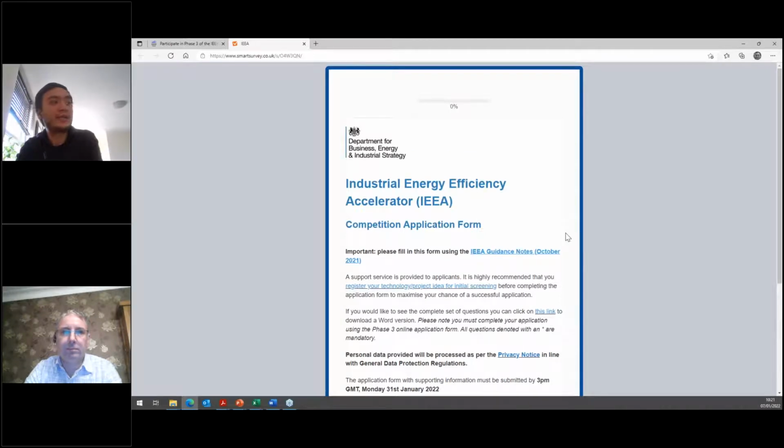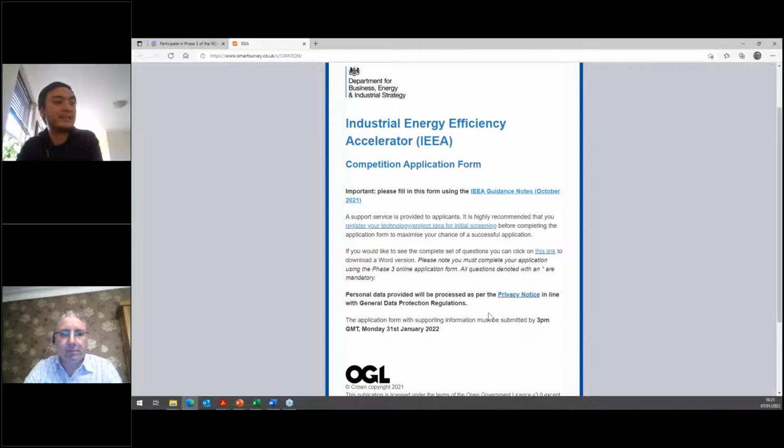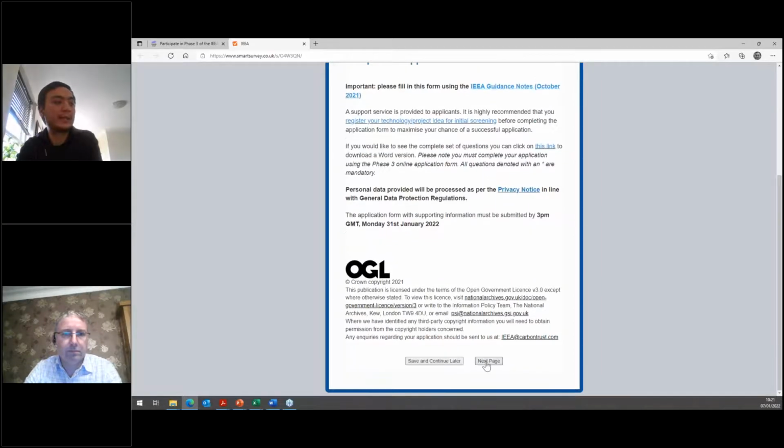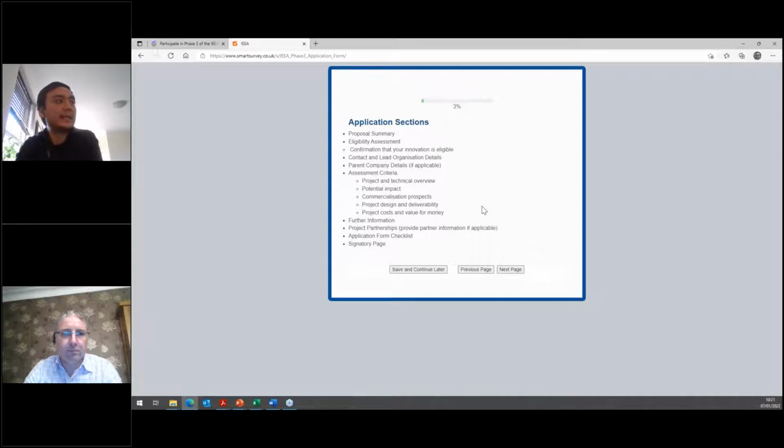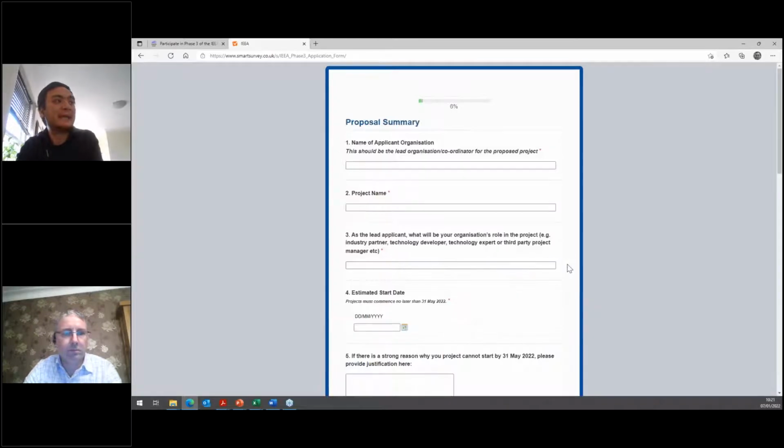So clicking on that takes you straight through to the BEIS Smart Survey form. There's some basic information on the first page here, as well as links again to all of the various supporting documentation that you might need. Clicking on next page, you can see here a summary of the different sections of the form. And then again, you'll be able to see here the start of the form proper, which starts with a quick